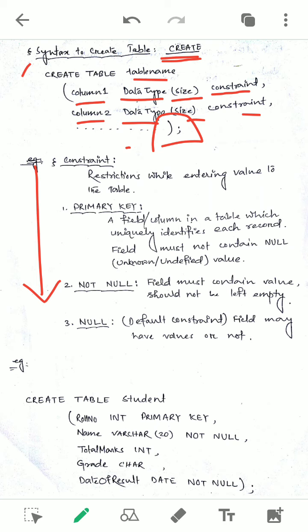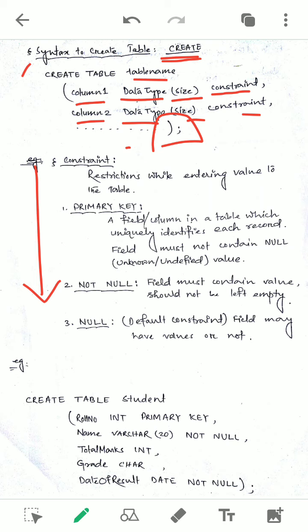Now what is a constraint here? Constraints are some rules which give some restrictions while entering the data into the table. As we got the definition of primary key in class 9 also, there are different types of keys. You have primary key, candidate key, and composite key. So what is a key in a table? In a table we always have a field, and that field will always have unique values, and this field is known as the primary key.